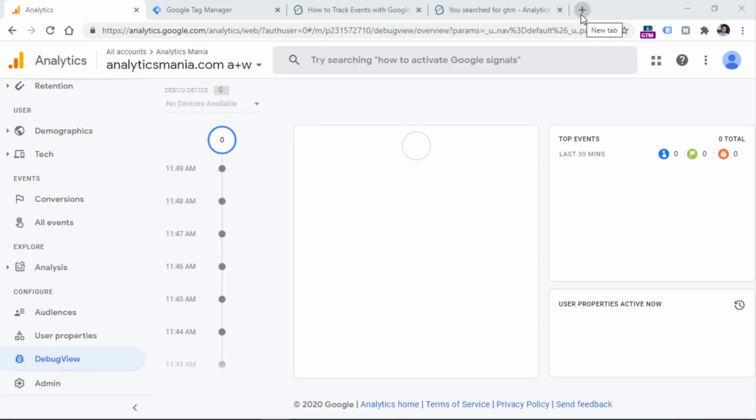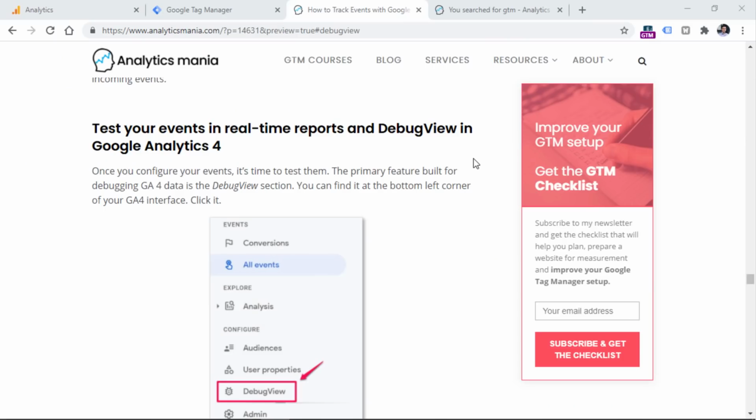What happens is that when you have enabled the preview mode in GTM, it automatically adds an additional parameter, which is called debug mode, to every hit that is sent to Google Analytics 4. And then as a result, you will start seeing Google Analytics 4 events in the debug view. And also there are several other options how you can enable the debug mode in Google Analytics. What you need to know right now is that debug mode in Google Analytics is different from the preview mode in Google Tag Manager. So if you want to learn the difference, and if you want to learn other options how you can enable the debug mode in Google Analytics 4, take a look at that very same event tracking blog post that you will find in the description of this video.